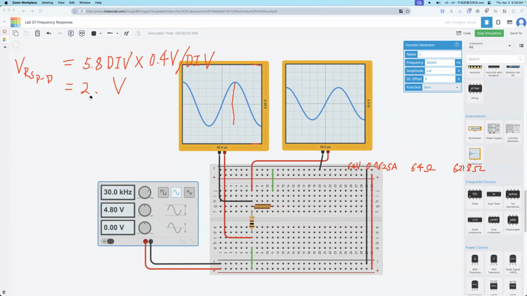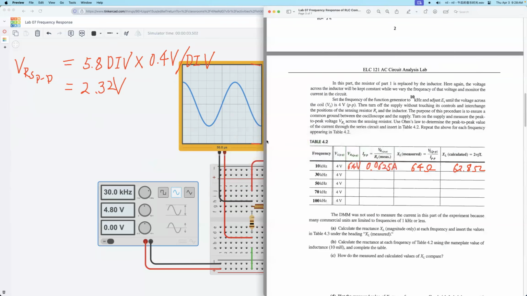I think it's 5. Sorry. Yeah, 2.32. Yeah, 4 times 8 is 32, right? Okay, so this is the VRS. Then go back to the handout, so 2.32. So write it down here,